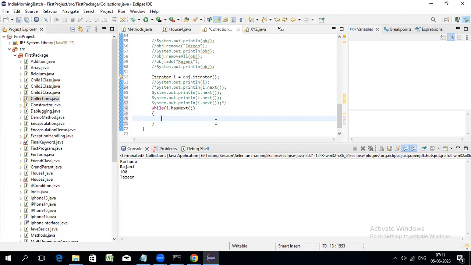Now he is taking the last book. Now he will check if there are any other books. Then he will understand that there are no books, so he will not come again. So whenever I'm telling hasNext, whenever my focus is on current, it will check whether it has next. If it has next, then it will come again. So now if I use while i.hasNext,